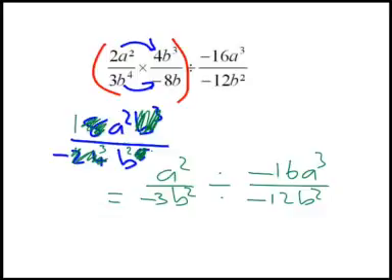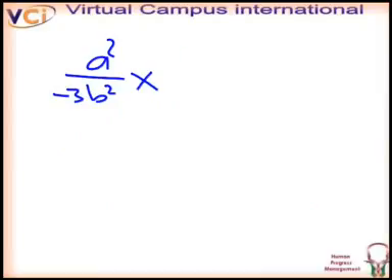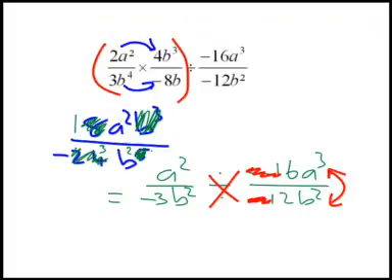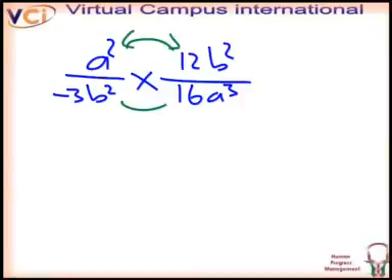Now we know also when we divide by fractions, the divide changes into a multiply, and these two terms would just swap places. But we can also so long divide the minus by the minus to get it into a plus. So then we'll have a squared over minus 3b squared multiplied by 12b squared on top this time over 16a to the power of 3 at the bottom. And then we do the same thing, multiply on the top, multiply at the bottom, and we'll get